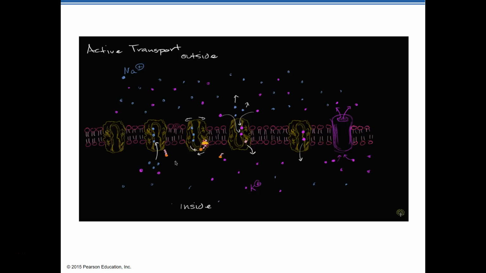Using an ATP, we're able to pump 3 sodium ions out. Let me write that down. 3 sodium ions out, and in the process, we pump 2 potassium ions in. Now you might say, okay, these both have positive charge, but I have 3 sodium going out, 2 potassium going in, that must make the outside more positive than the inside, and that actually is true. But that by itself isn't fully responsible.